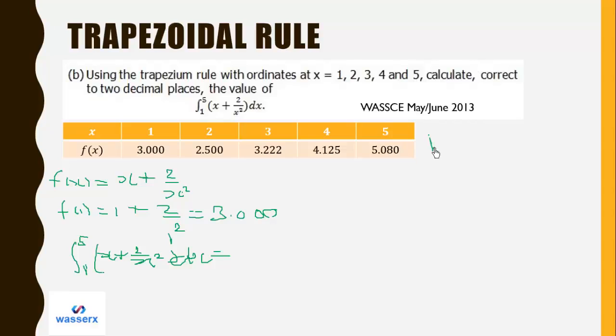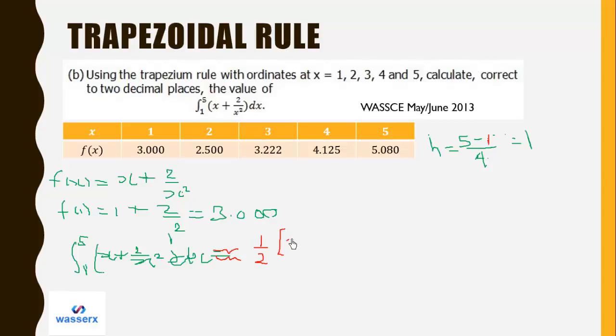So the h is given by b minus a over n. We said the n is 4, so 5 minus 1 gives us 4 over 4, which is equal to 1. So it is approximately equal to h, which is 1, over 2, then times